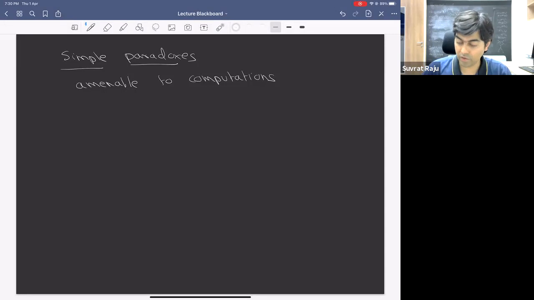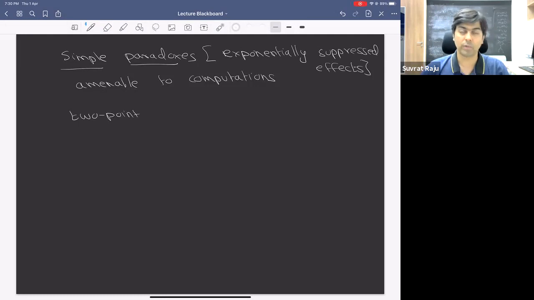So one paradox is a paradox about 2-point functions. And all these paradoxes have to do with exponentially suppressed effects. As opposed to that, the paradox I described previously was an order 1 paradox, because this negative occupancy paradox and so on are all order 1 paradoxes. The paradoxes I'm now going to describe have to do with exponentially suppressed effects. So here is a paradox which